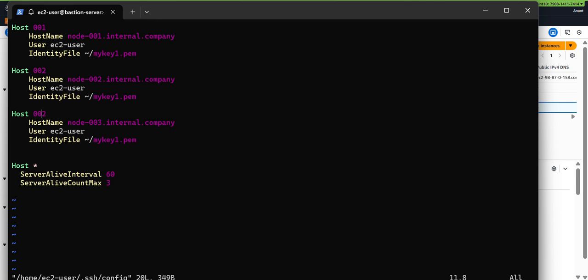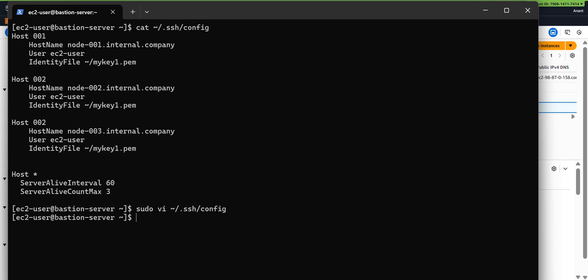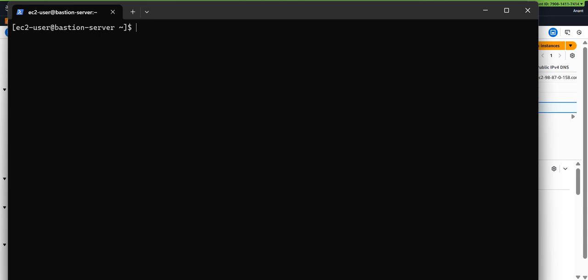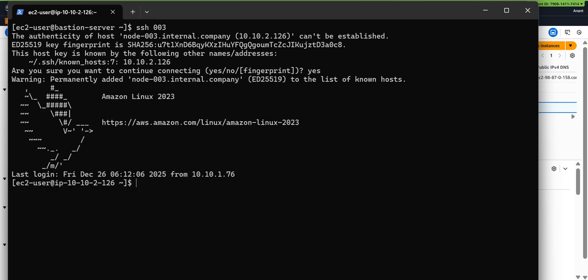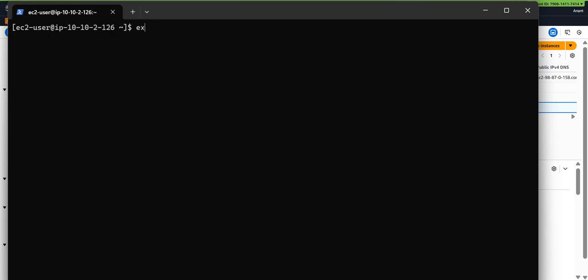So I should be able to insert it: 003. How to exit out of Vim? It's simple: colon, W, Q, exclamation mark, and enter. And now we are back, right? Let's see if we can SSH to 003. Voila, we got in. So it was a simple issue, not a big one, but I just wanted to demonstrate